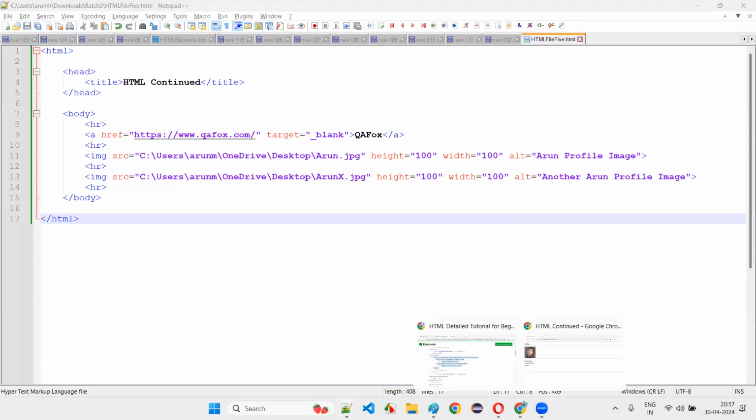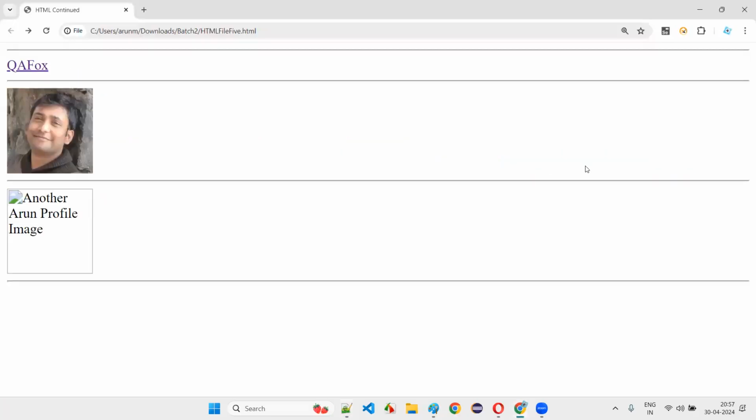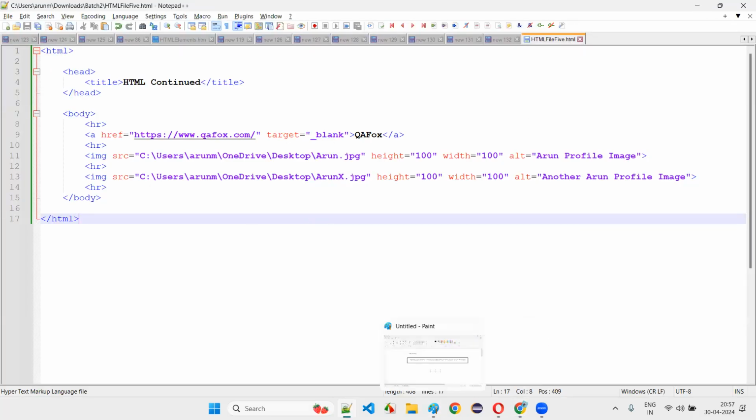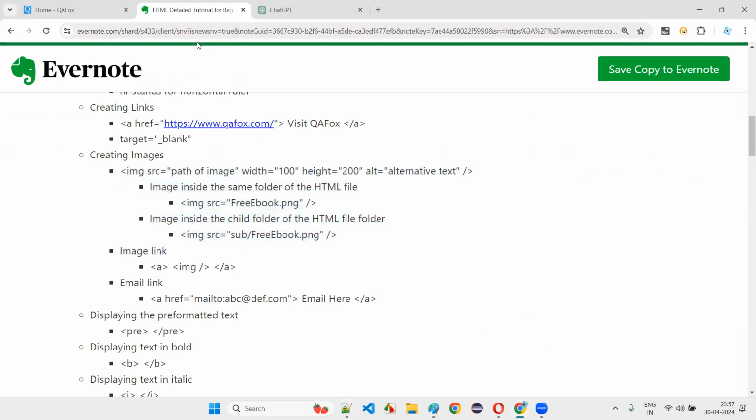But generally speaking, if you go to any website, what is the general image size they give? You have to see whatever the requirement is that you can give generally. Okay, thank you. Hi, Arun.